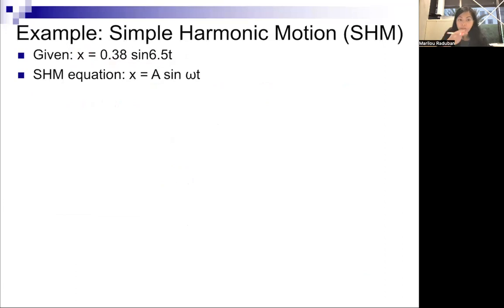If you compare that to the form of the simple harmonic equation, we have two forms, right? x is equal to A sine omega t and x is equal to A cosine omega t. But clearly, it's already given that it's the sine function. So if you compare